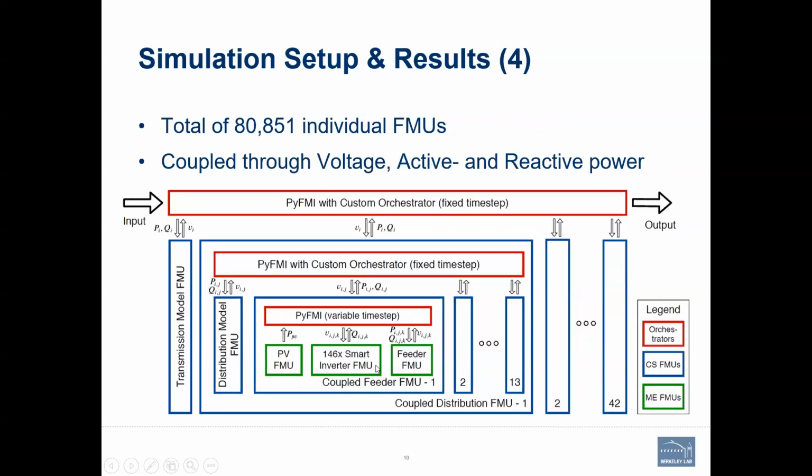And then this whole network is again duplicated 13 times and coupled with a custom orchestrator with a fixed time step solver. And then this coupled distribution FMU is once again duplicated 42 times and coupled with another custom orchestrator into a transmission FMU. All the models communicate with each other through an exchange of voltage at the feeder head and return of active and reactive power at the feeder head. So that's the same for all of those, except of course with the smart inverter, we only have the